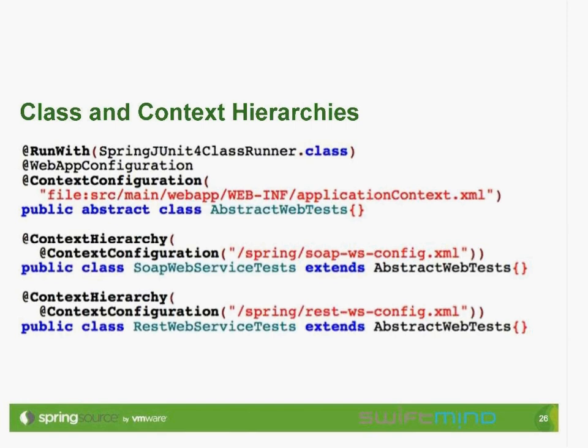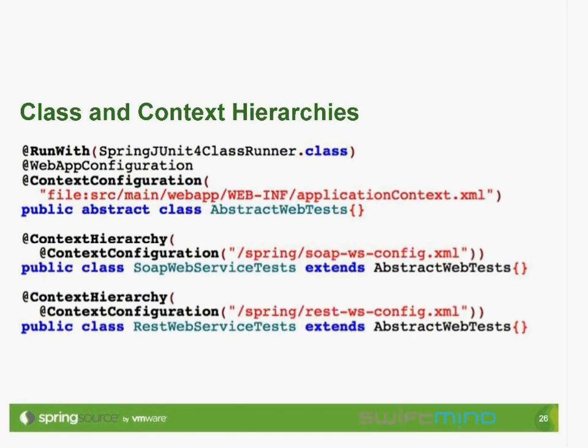Here we see probably a bit more fleshed out example. Let's assume we have a web application that has configuration for the root web application context in this first file here, this source main web application context.xml. So that's the root web application context configuration, and we could declare that as in this example, an abstract base test class, abstract web tests, and then we can have some concrete subclasses